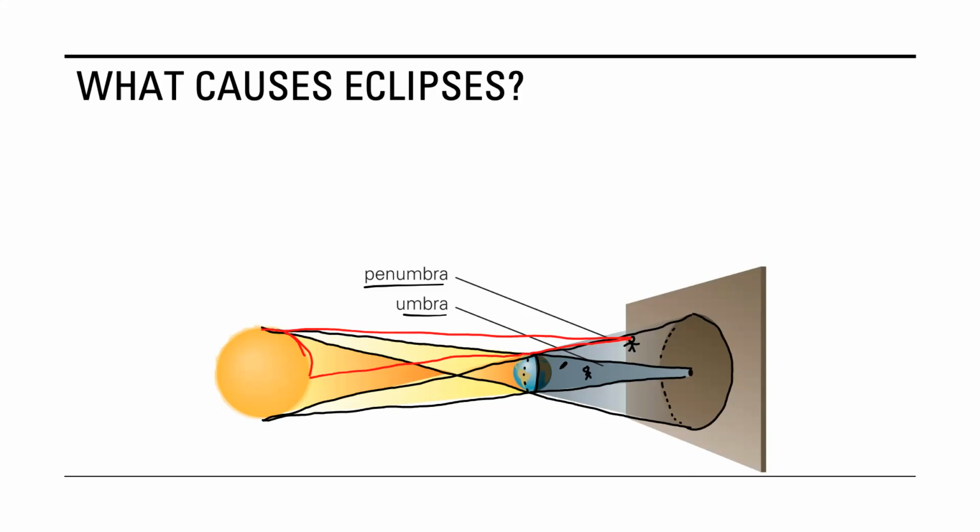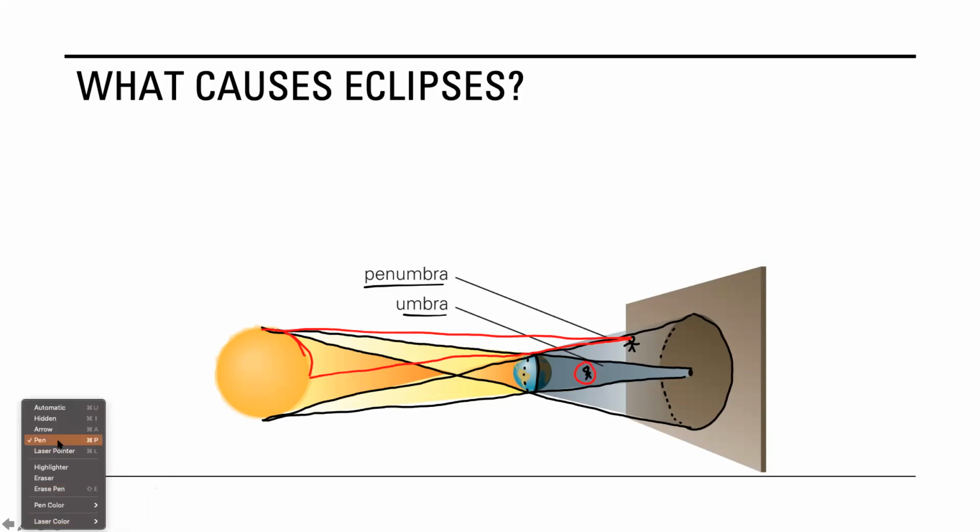So a person that's standing in the umbra, this person that I'm circling in red, would not be able to see any of the sun at all. From their perspective, the sun is totally eclipsed by the Earth. But then there's this person up top who looks like they have lasers coming out of their eyes. That's just their field of view, right? That's how much of the sun they can see, because this bottom part of the sun, let me